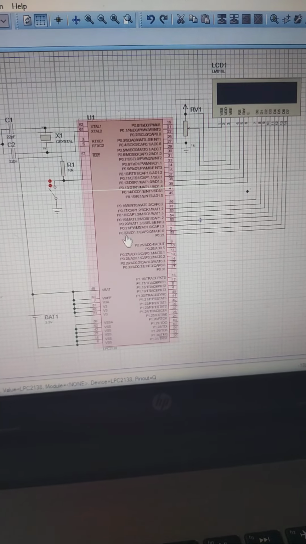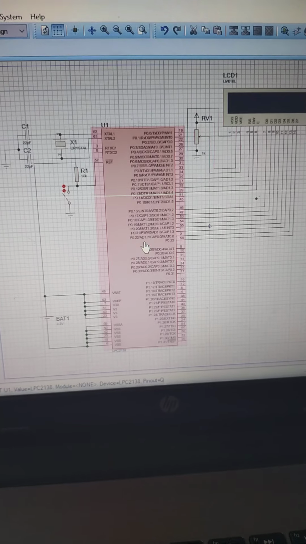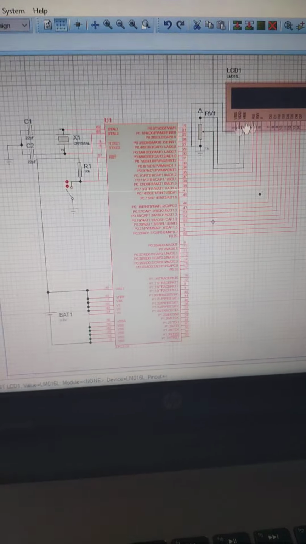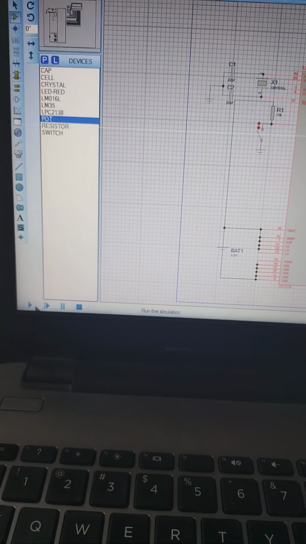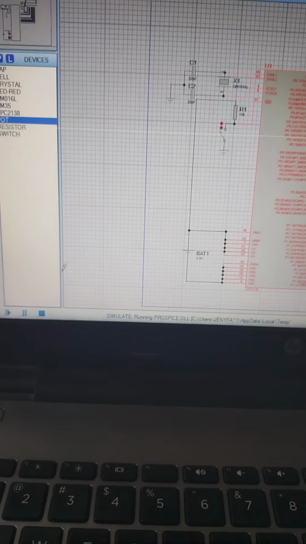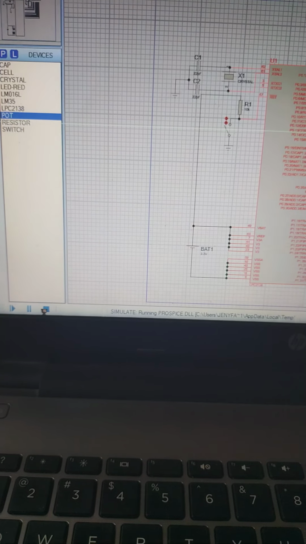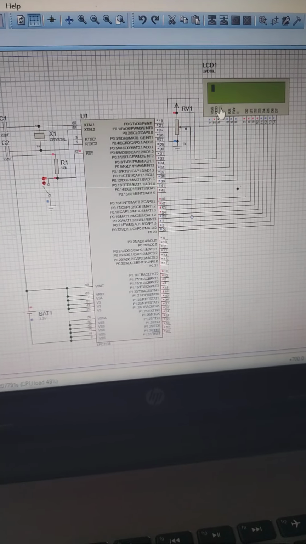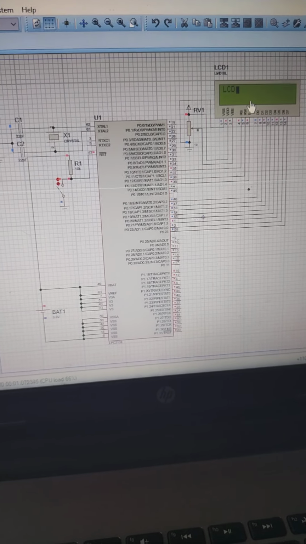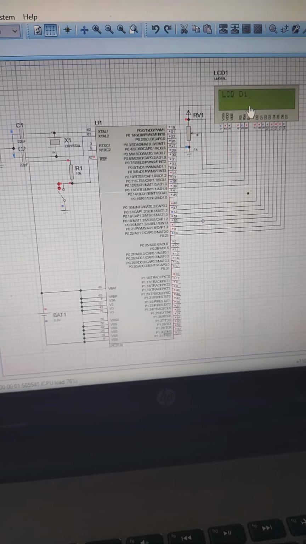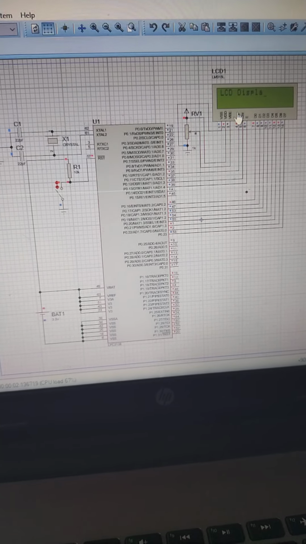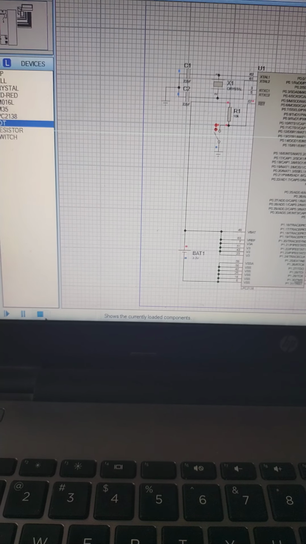As usual, you will know the procedure for downloading a file using Proteus. You will need to generate the hex file and call it over here, click OK, and press the play button, and that is when your program will get executed. So this is what is happening in the Proteus tool. You can see that in this program "LCD display" is getting displayed, followed by my name in the second row. This video will be concentrating on the hardware, so I will not be concentrating on this Proteus part.